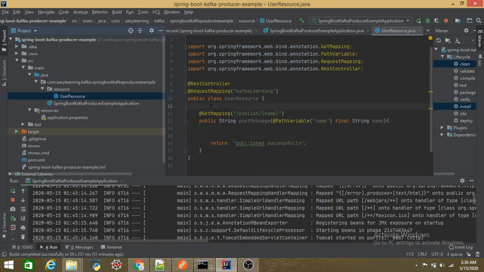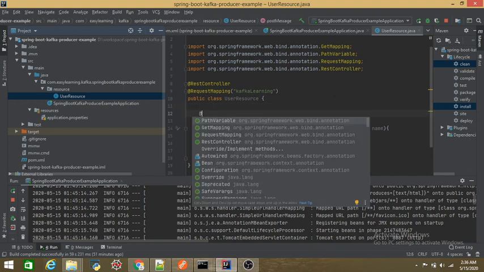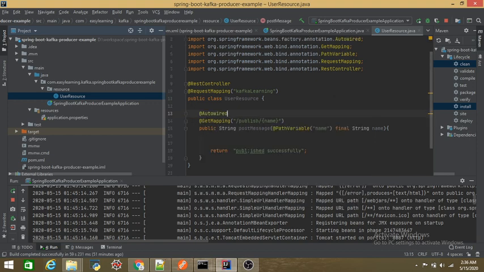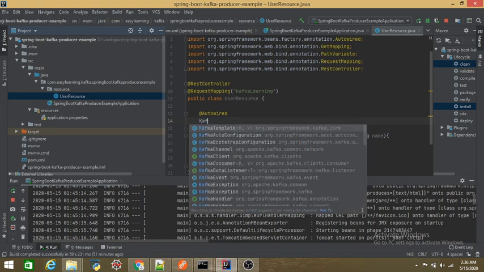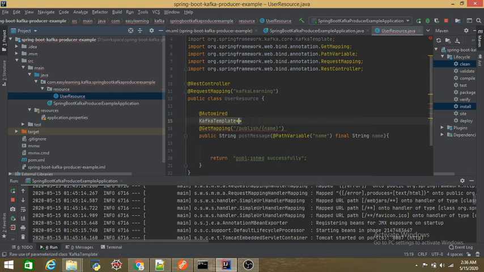Now, if you remember, in the world of communicating with REST APIs we have RestTemplate. In the same way, in the Kafka world, we have a KafkaTemplate. So we need to autowire, or inject, the KafkaTemplate in order to communicate messages to Kafka.